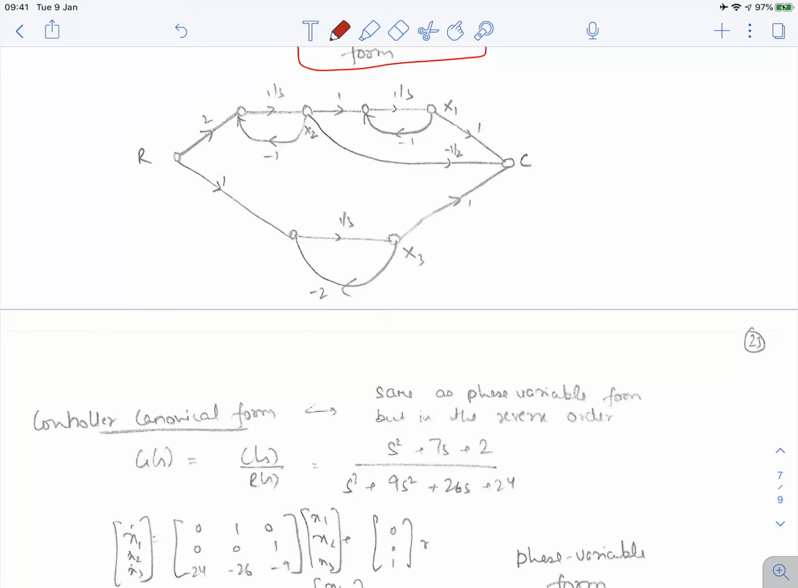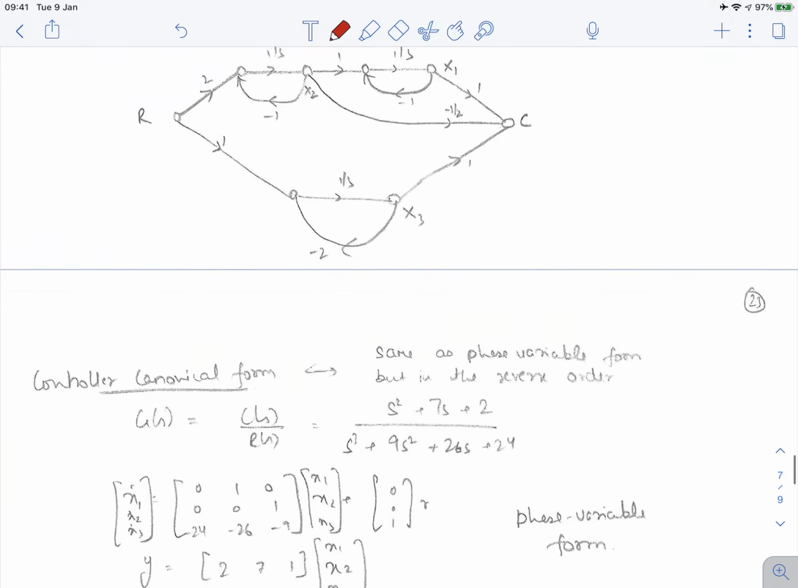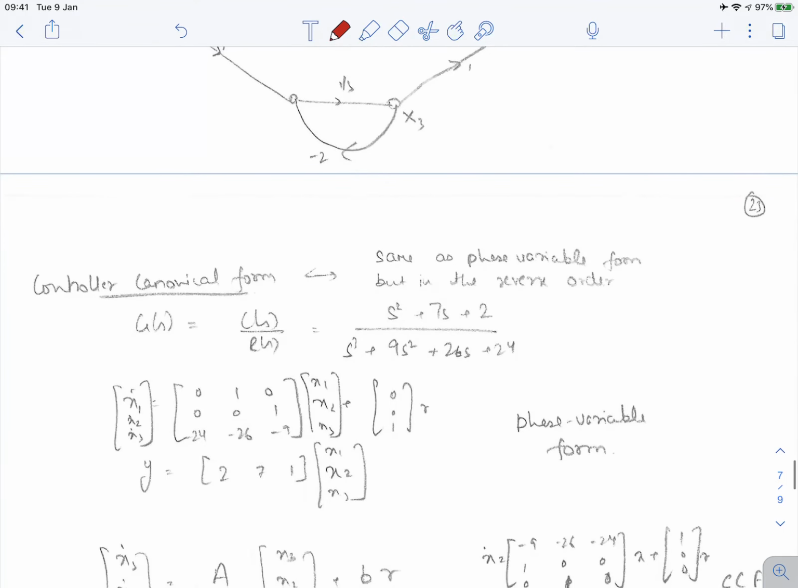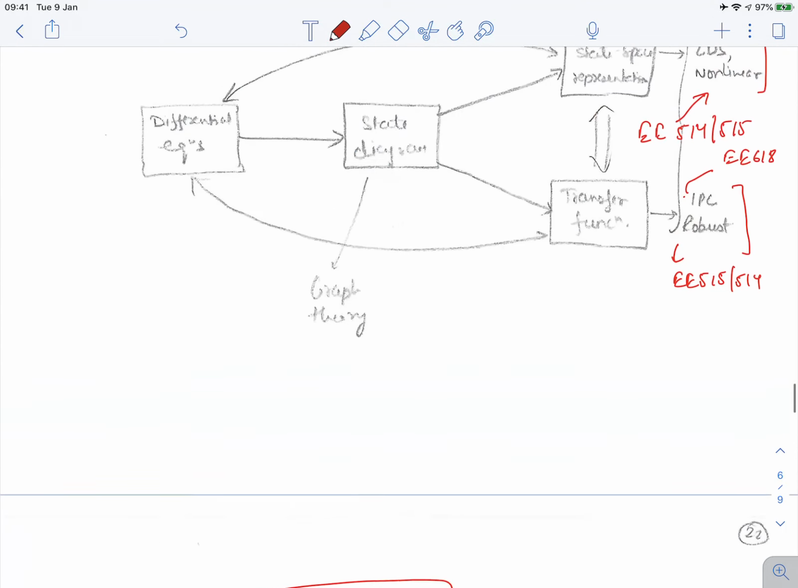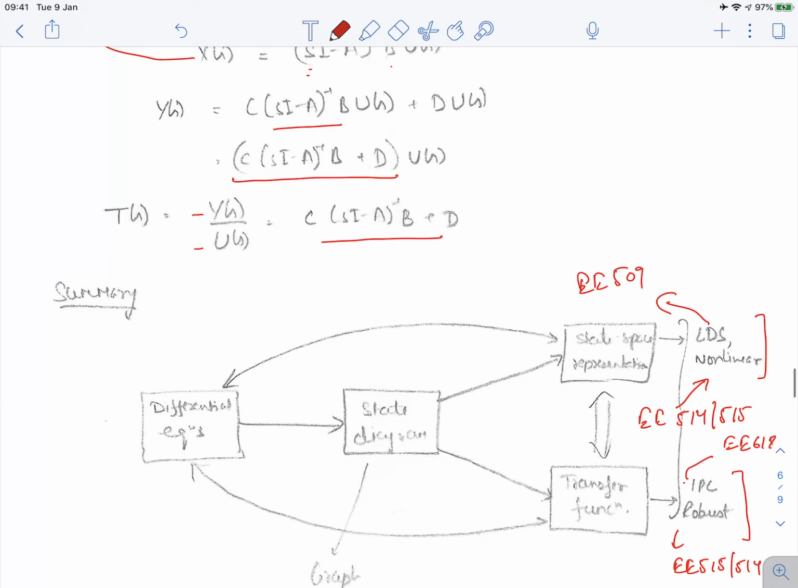Now if you have any questions, I can take them up. So the first question is, what is the significance of the D matrix? So the D matrix basically gives the feed forward term. Is the feed forward term. If you see here, in the transfer function,